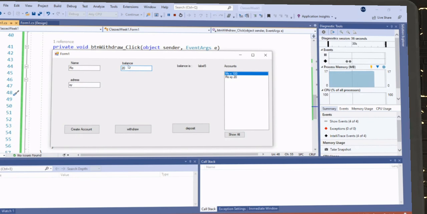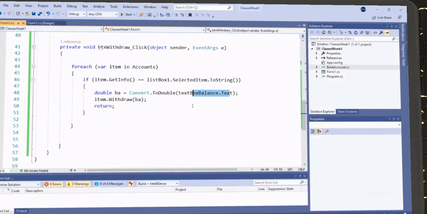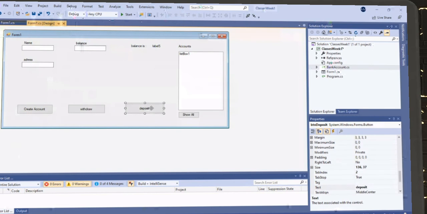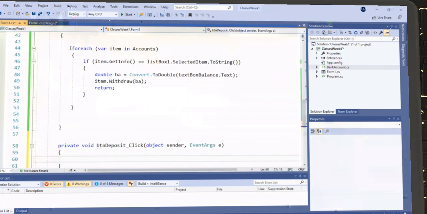I want to withdraw 20 from my account. I add 20, withdraw. Let me show all again. Now I have 80. I withdraw, show all. I have 60. I select the other account. I can withdraw, show. Now I have a 0. But if I withdraw again, it shouldn't go beyond 0 because we had that condition. This is good. I was planning on showing the balance right here, but yeah, showing it right here is also easier. The deposit is the same way as this one,